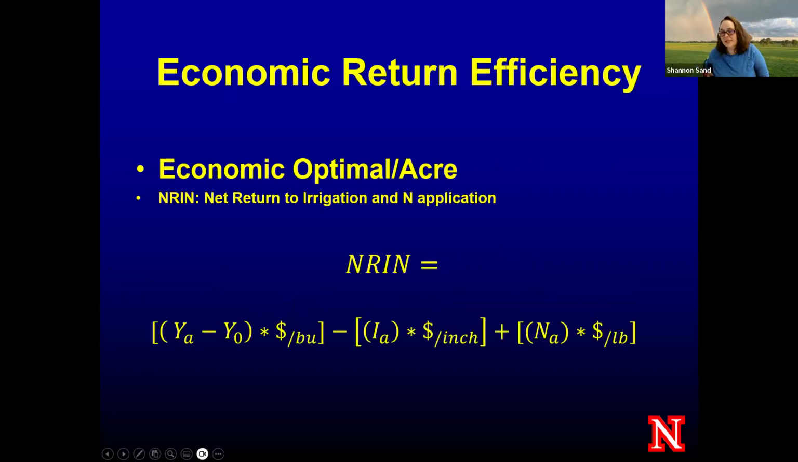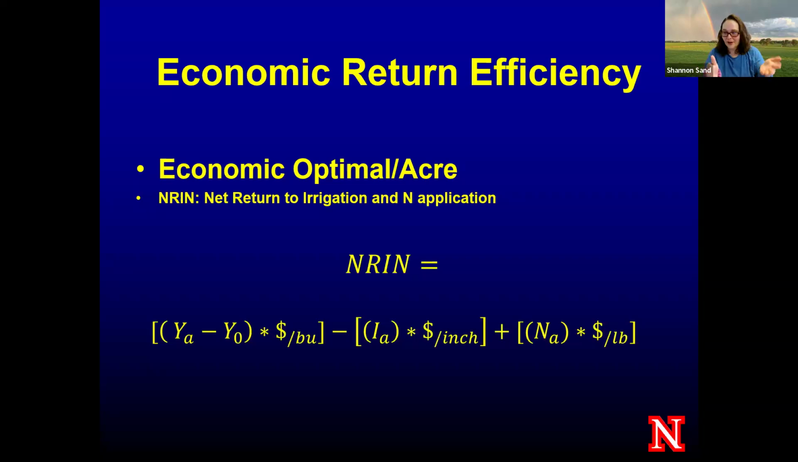Okay. So this is the economic return efficiency, or the NRIN, mostly because I can't say NRIN. It just sounds weird when it comes out of my mouth. But this is looking at a net return to irrigation and nitrogen application. So it's basically looking at, again, what our yields are with our added irrigation, or I'm just going to say